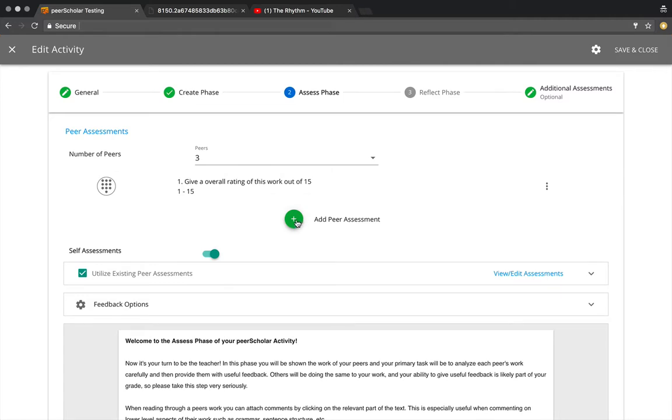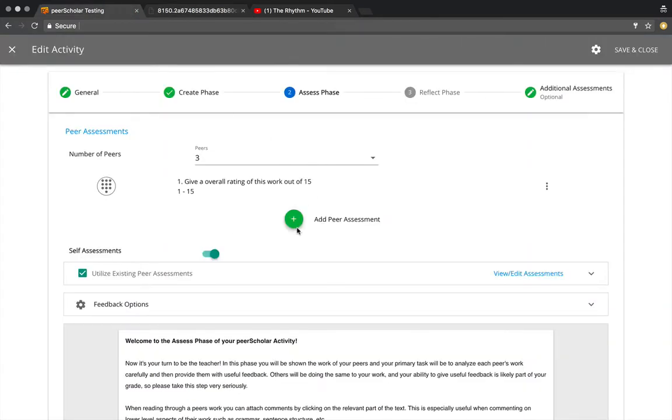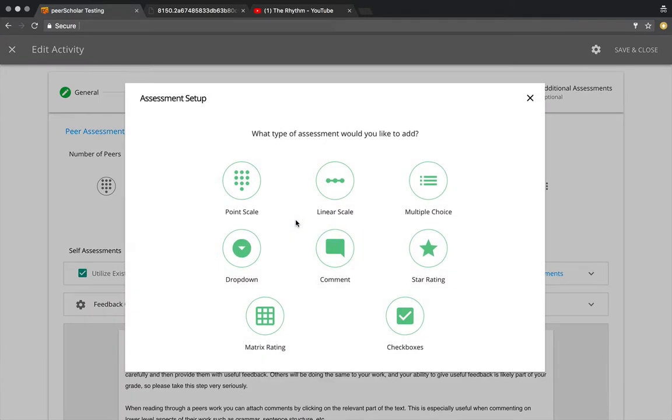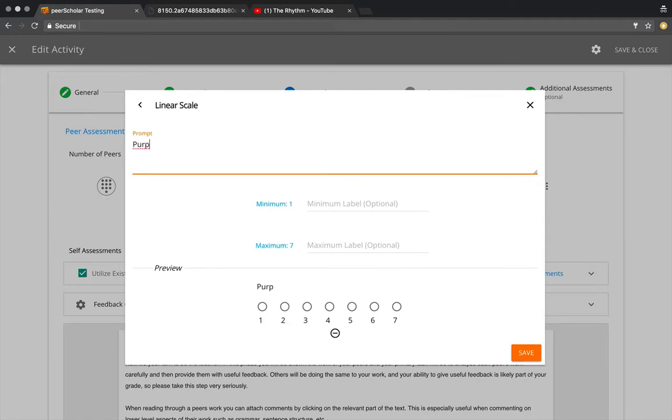You could obviously ask things that are more related to the rubric. So if I showed you that rubric, notice that it had 3 things worth 40, 40, and 20. So purpose, elaboration, and convention. So we could instead say, okay, I want to focus on the purpose. It was worth 40%. So maybe I'll use a linear scale and I'll call it purpose. I'll expect them to read the rubric and find out what that is. And okay, now I only want this out of 4 because it's 40%. So they're just going to give it a 1, a 2, or 3, or a 4 in terms of the